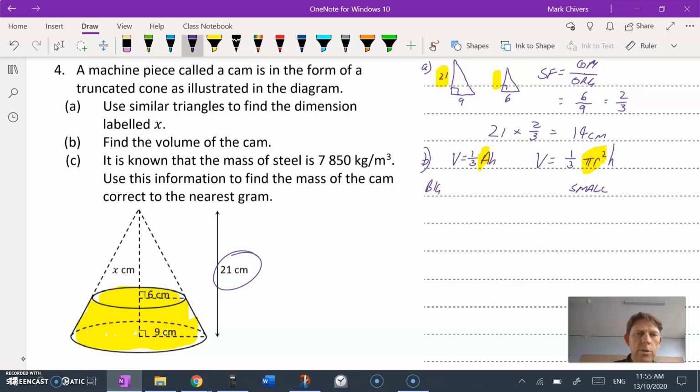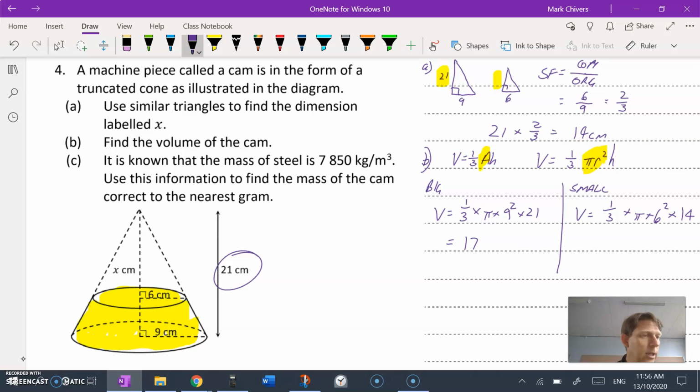Okay, so using those formulas, the volume equals 1/3 times pi times the radius. The big one is 9, so 9 squared, and the height of that one is 21. And for the small one, I'll just leave a little divider there. The small one is going to be the volume equals 1/3 times pi times 6 squared times 14, which we just worked out. Now, using your calculator, you're going to get yourself an answer. Make sure you check this. You should get something in the order of